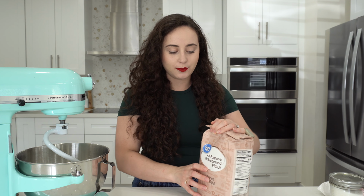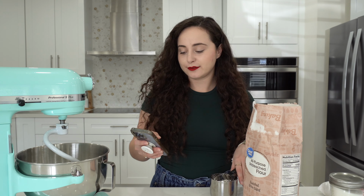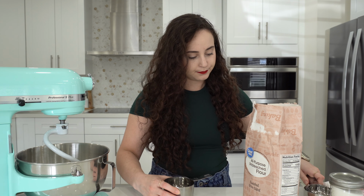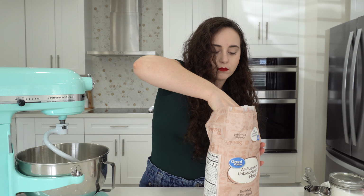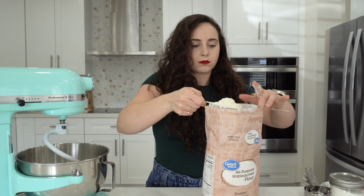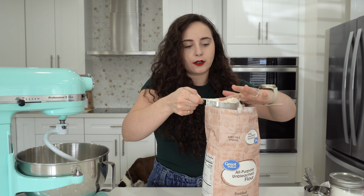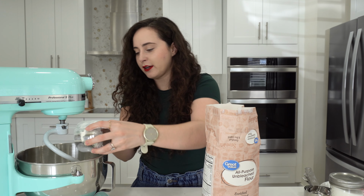I got this unbleached all-purpose flour. It's 1.5 cups of flour. Make a mess, but either way I'm gonna have to roll it out on here, so no big deal if flour falls. So 1.5 cups of flour,